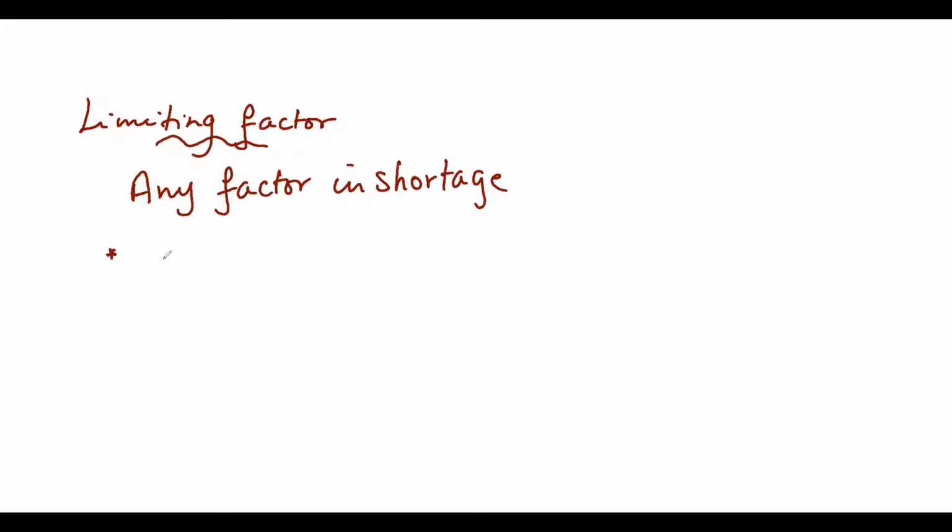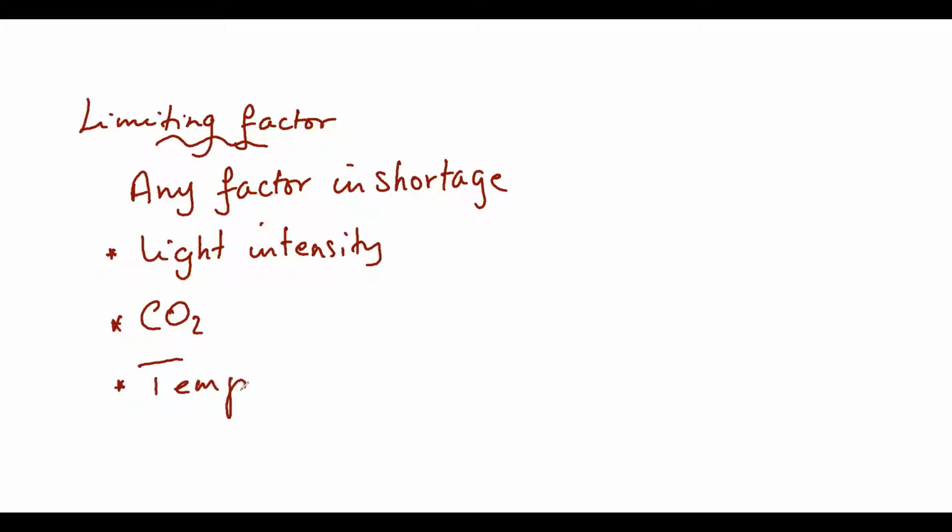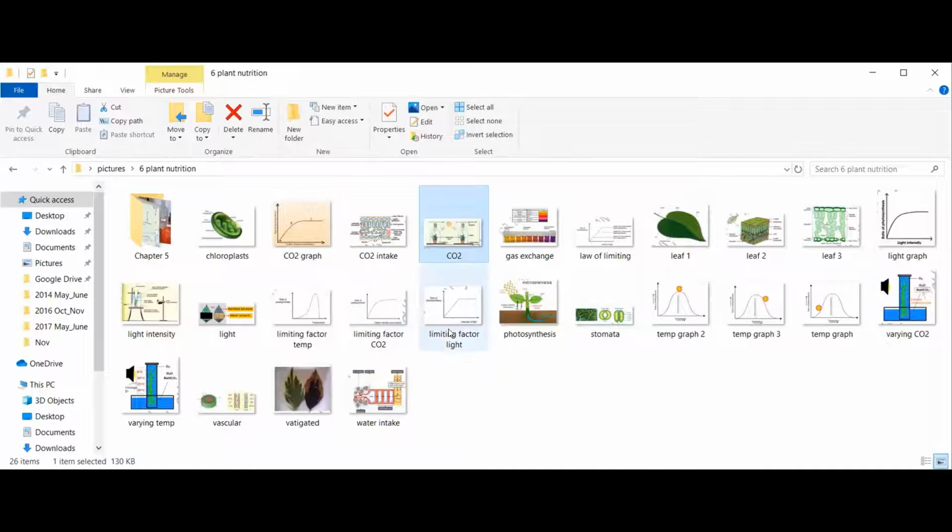What are they? The first one is light intensity. The second one is the concentration of carbon dioxide. And the third factor is temperature. But why temperature? Because of the effect on the enzymes. So let me start with the light intensity as a limiting factor. If I put this curve, here it is, or let me add the other one, it's better. Just a second to remove this picture. So this one,